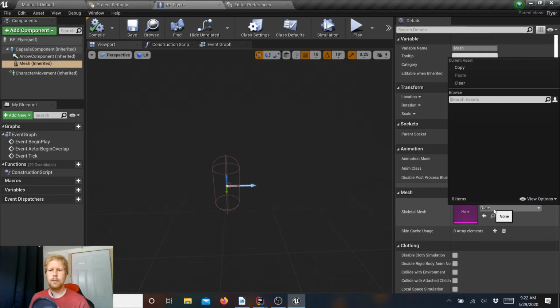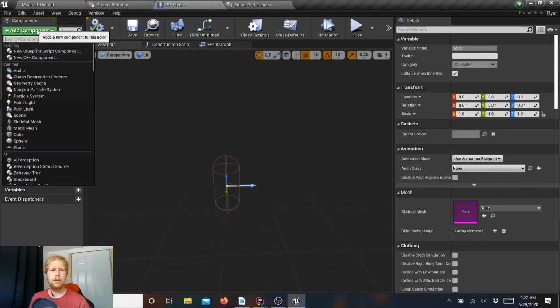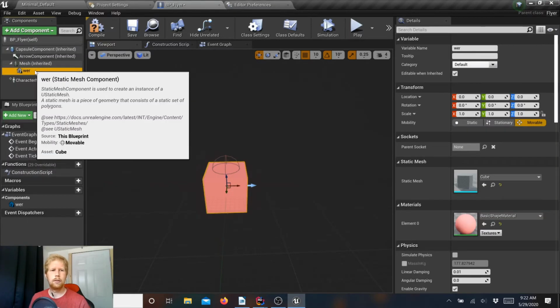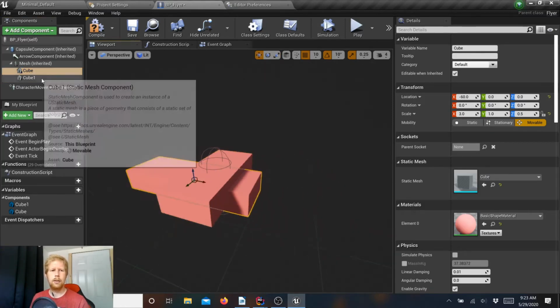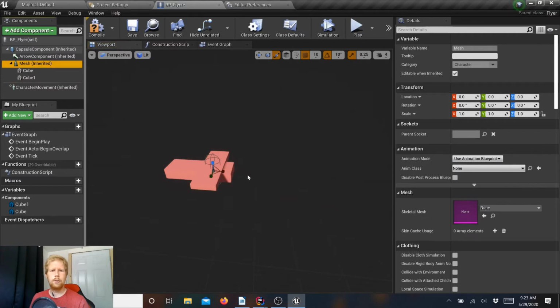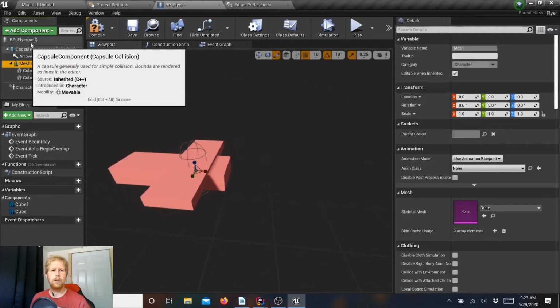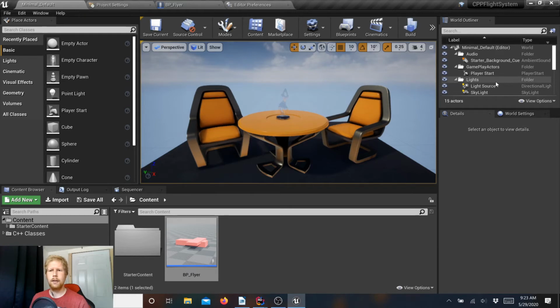The mesh is currently nothing. So if we wanted to set it to something, we could, but we don't have any skeletal meshes available to us at the moment. So what I'm going to do is I'm just going to add cube. This is the front of the plane, sides, back. If we go to our self here, we can't actually see any variables, but we'll fix that in just a minute. So we'll compile, save,